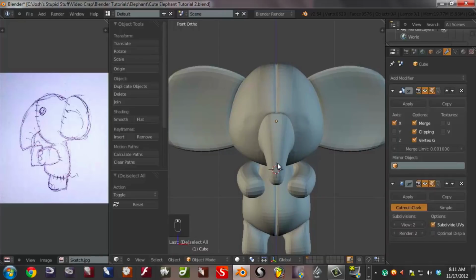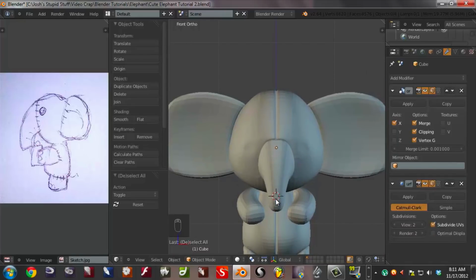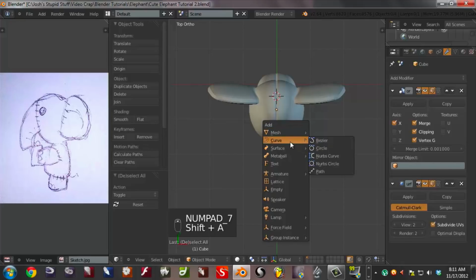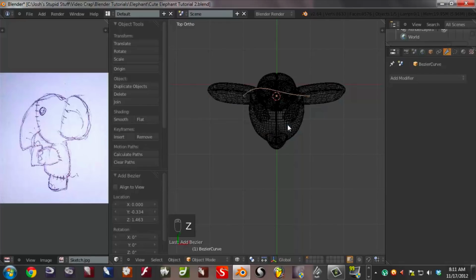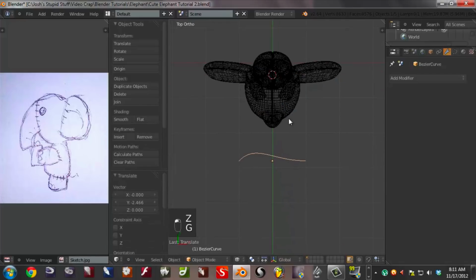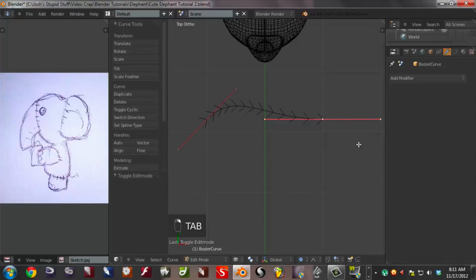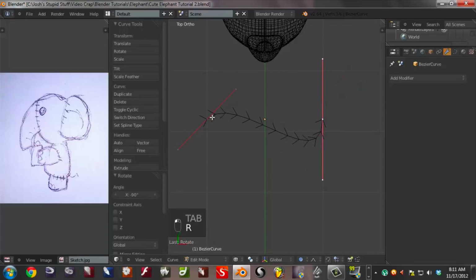All right. So speaking of the stitching, let's add that in really quick. I'm not going to take you through adding in the stitching on every bit of him. I'm just going to show you how to do it, and then I'm going to pause the video while I put in the rest of the stitching. So we're going to add in a curve, and it's going to be a Bezier curve. And we'll just grab that, move it out in front of him for now. Hit tab to go into edit mode, and we're just going to be using these two points,